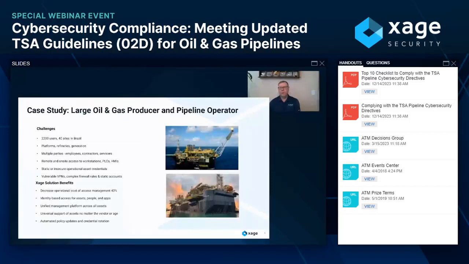Same thing here, large oil and gas producer. This one is down in South America and Brazil. But what was happening is there were lots of tools, lots of things that were cobbled together where they were trying to achieve this zero trust. They wanted to get a handle on the access management. They needed it to be identity centric. So we were able to come in and provide all of that for them in a way that actually reduced the opportunity cost in the way that they were trying to manage access management. So we got some efficiency gains there.